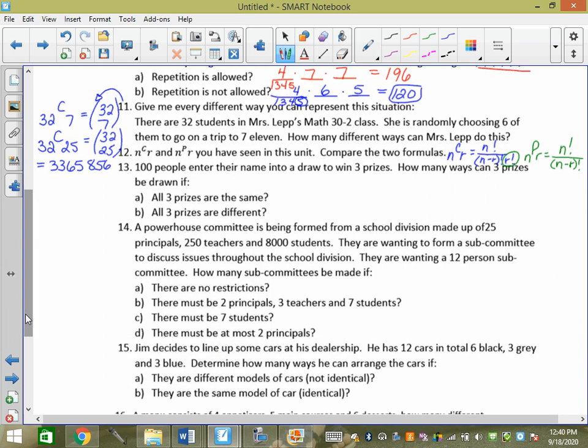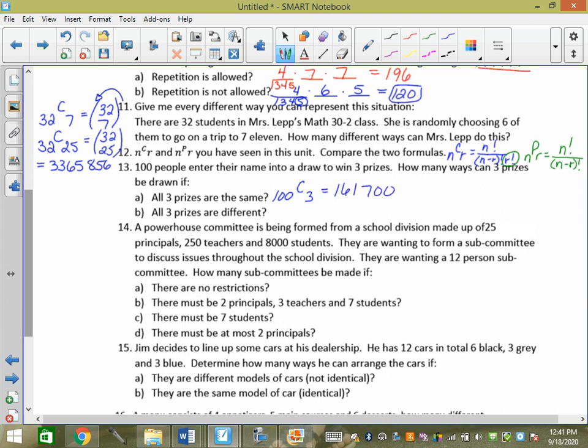100 people enter their name into a draw to win 3 prizes. How many ways can 3 prizes be drawn if all the 3 prizes are the same? If they're all the same, then it doesn't matter what order you get them. You're going to get the same prize whether you're first, second, or third picked. So that one would be 100 C3, which is